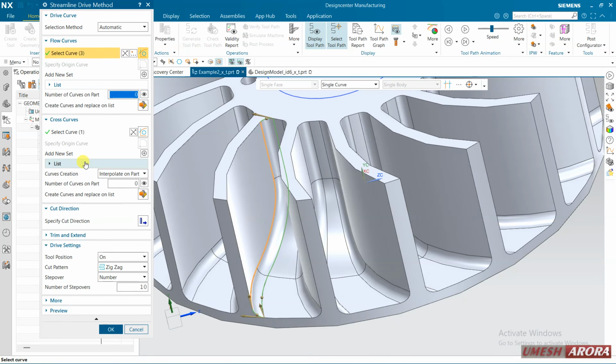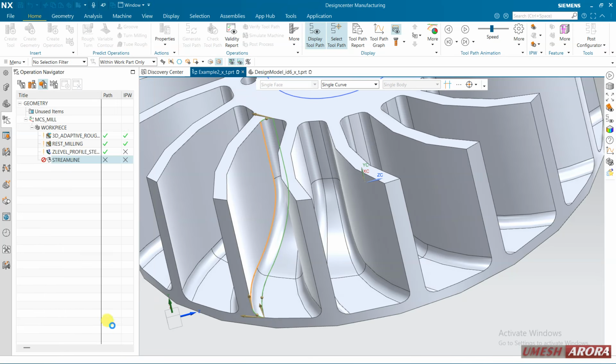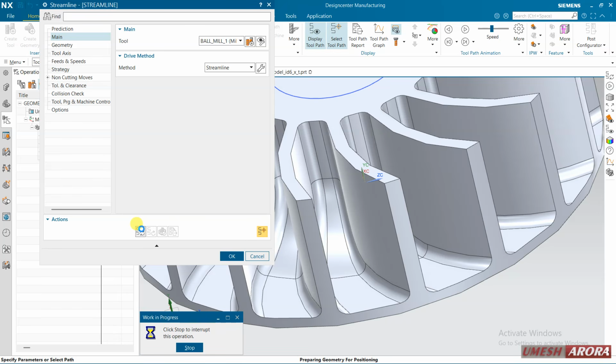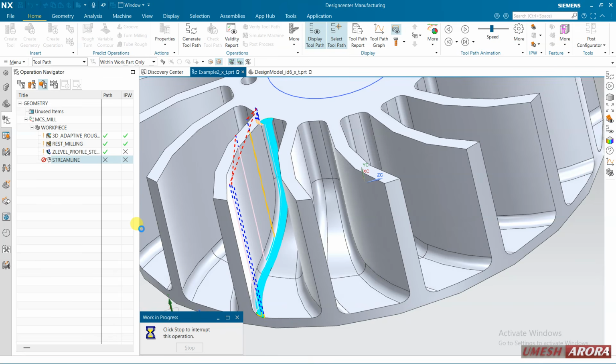And zigzag, and number of step over I want 15. So 15 cut it will take for this, or if you want to increase it, say 20. Now generate, and toolpath will generate. Okay, let us see.